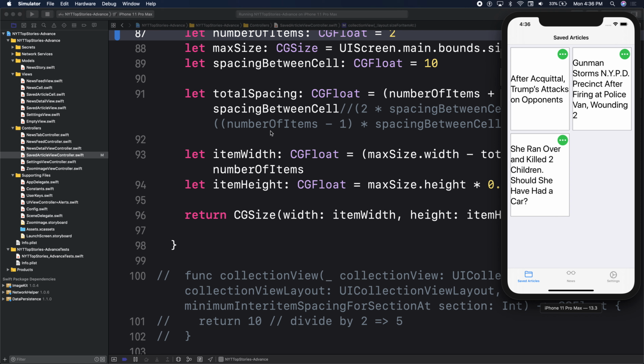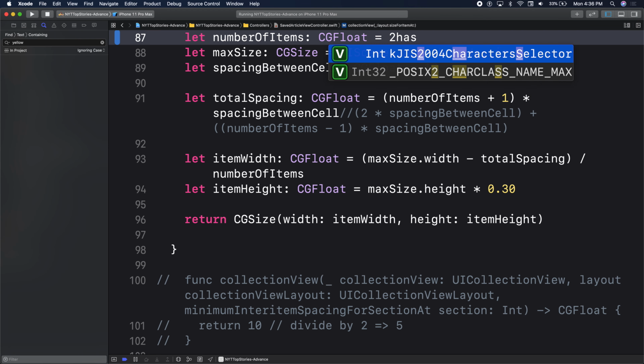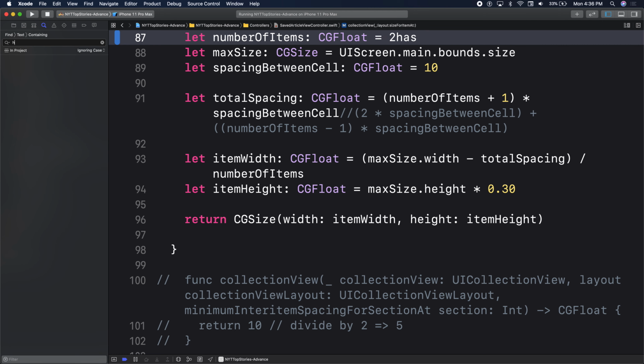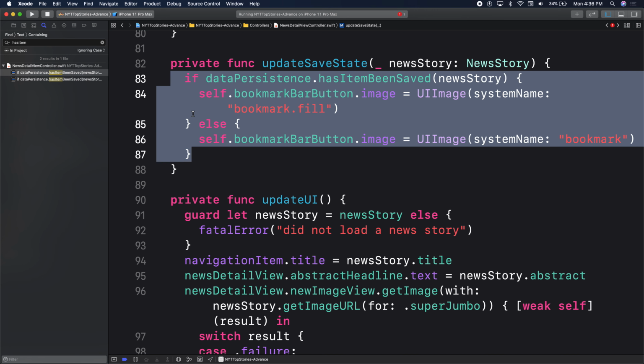I'm using the has items here. So if I go to has item, here, this is the code. That's all the code you need. Look at that. That's it. All right? And you just change the bookmark. That's just to fill it, but then